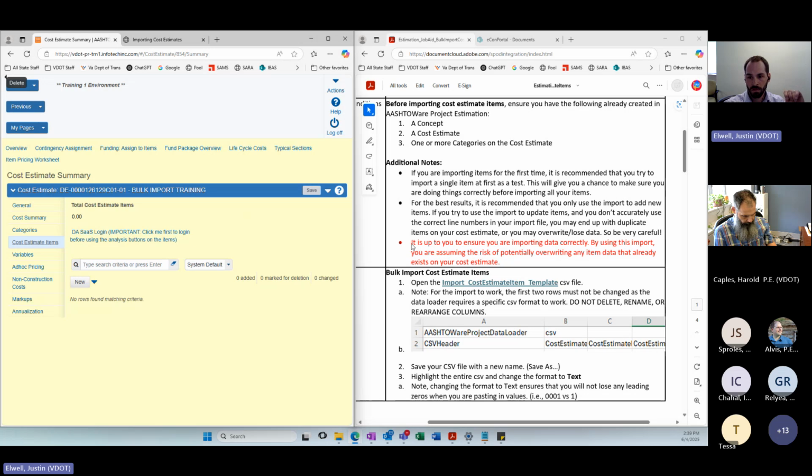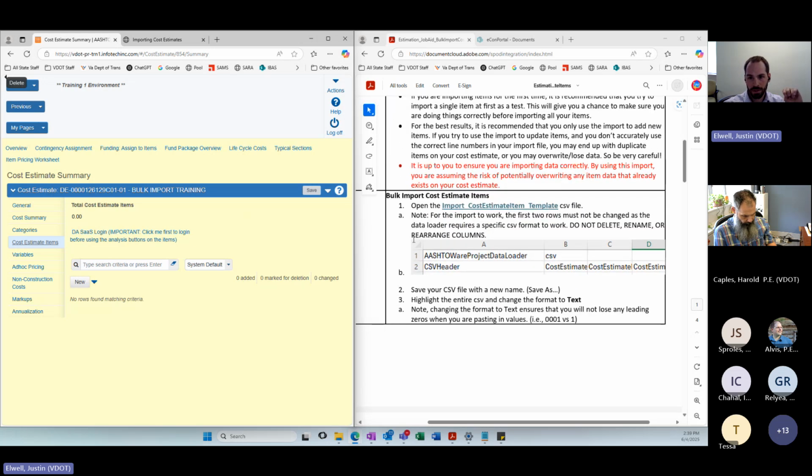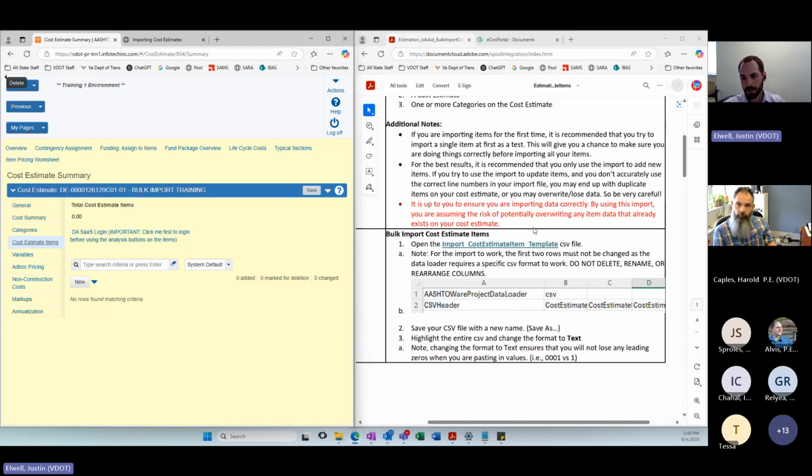The final note, very important: it is up to you to ensure that you are importing data correctly. By using this import, you're assuming the risk of potentially overwriting any item data that already exists on your cost estimate. I can't understate that enough. This is a very important note to this process.